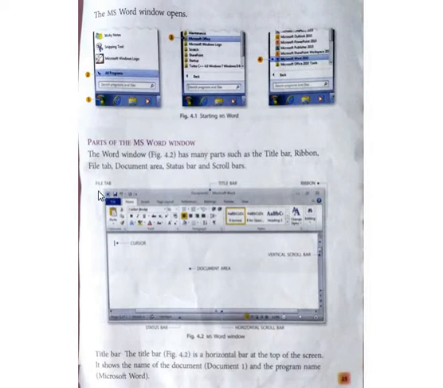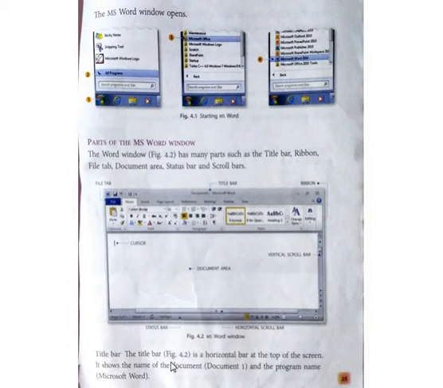Here you can see this is the file tab, this is the title bar, this is the ribbon, this is the cursor, document area, horizontal scroll bar, status bar. All these are the parts of the MS Word window.